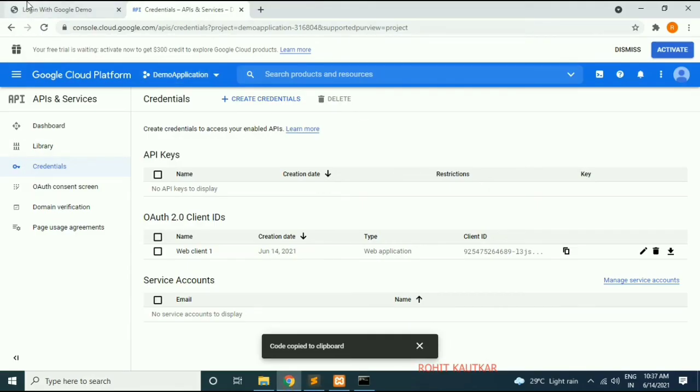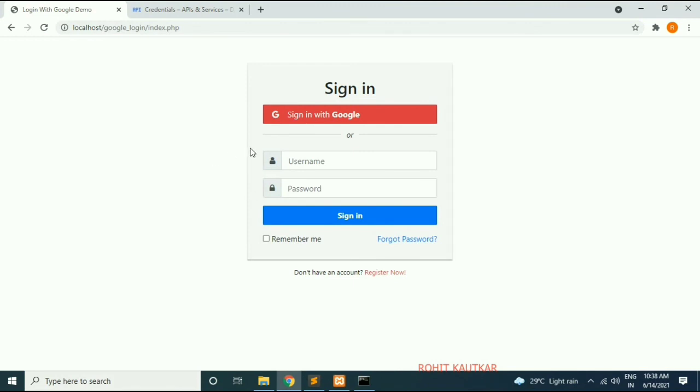So friends, on our web page there are two options for the user to log in within our web application or website. The first one is to provide the username and password if they already have an account within our website, and the other option is to log in within our website with their existing Google account. Whenever the user clicks on this sign in with Google button, it will start the Google's login flow, and it will take the user to the Google site login, where the user has to provide their Google's account credentials.